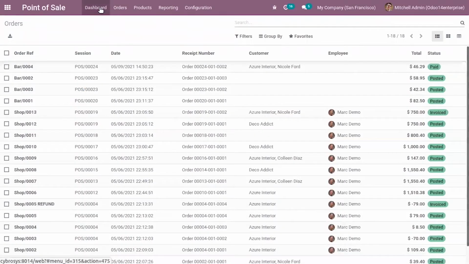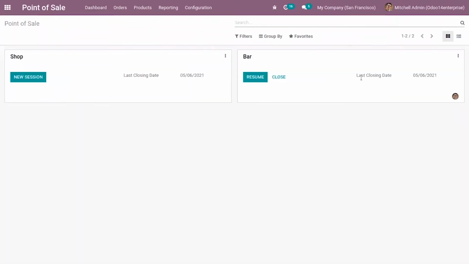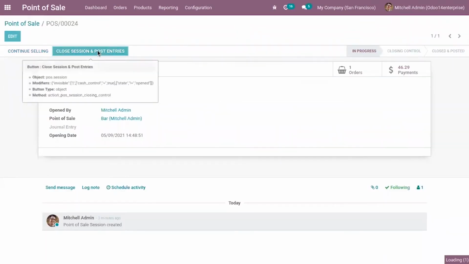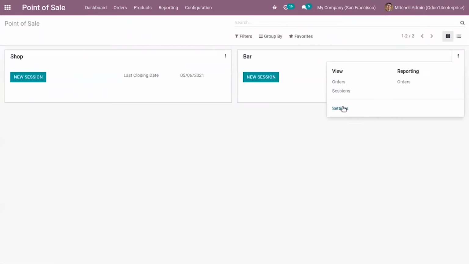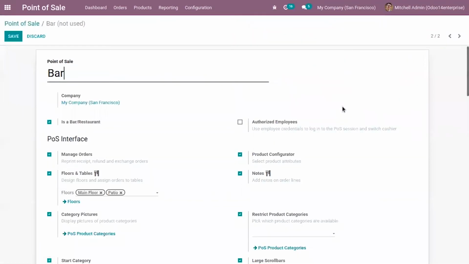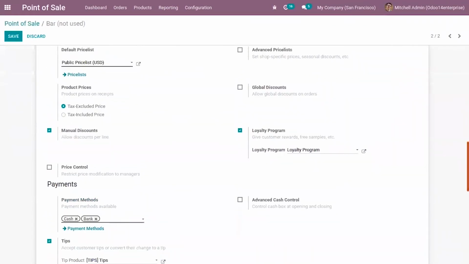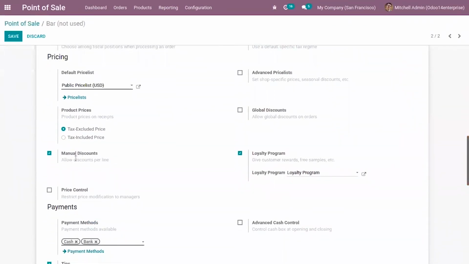Now let me come back to the dashboard and close this session, because I want to make changes to settings. Now when I open settings, here we have discussed manual discounts. Next comes the global discounts.